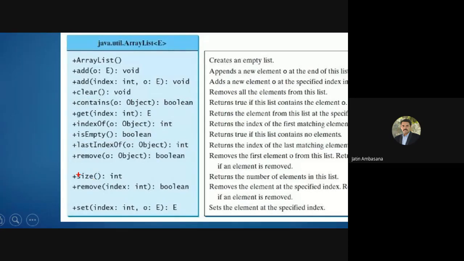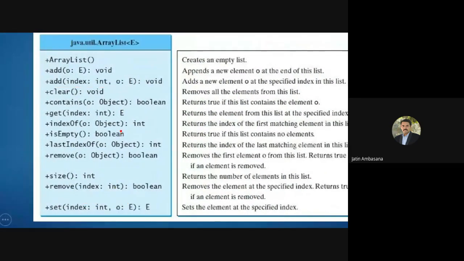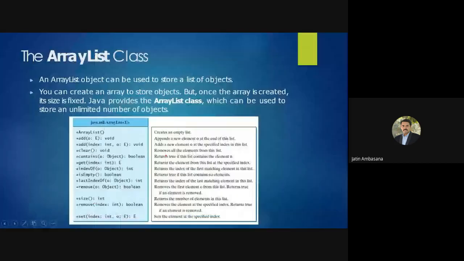Size gives you, as an integer, the number of objects at a particular time in the array list. Remove with an index will help you remove an object from a particular index, and with set, you can set the element at a specified index. There is the add method also, and the set method also, so there are lots of things available.